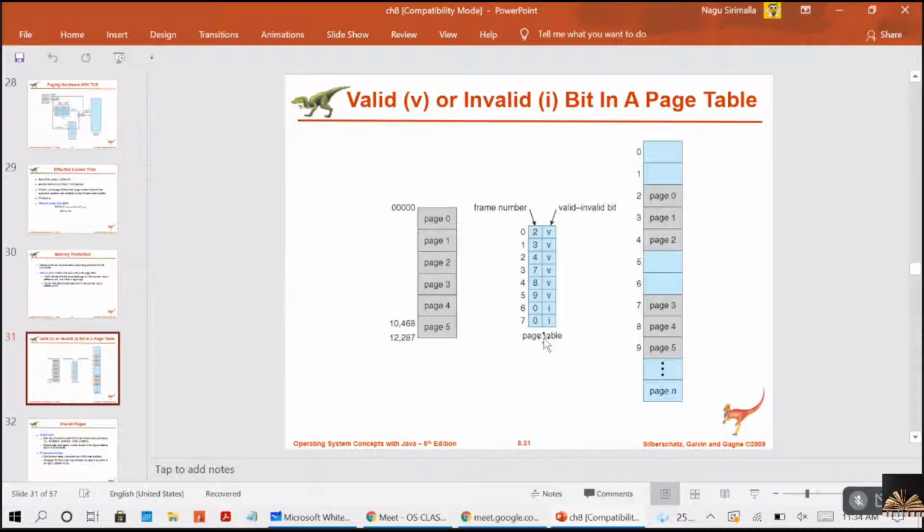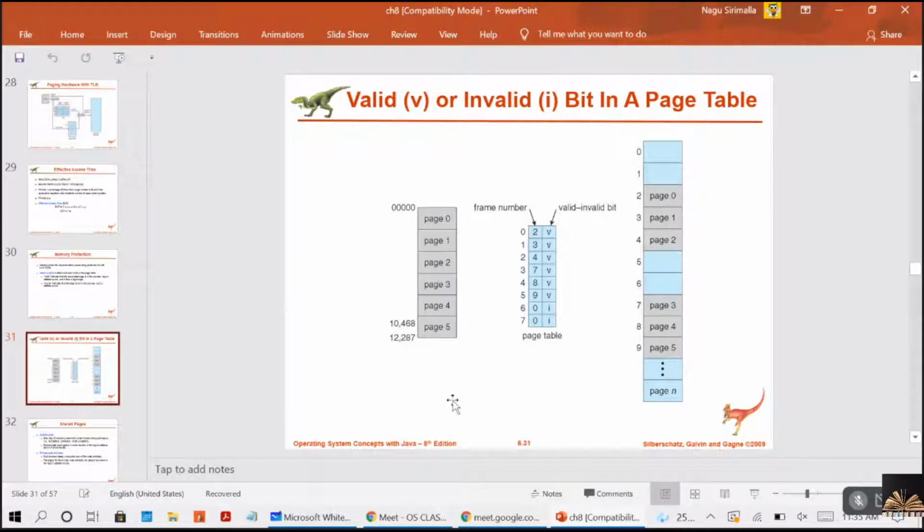If the process generates an address referring to page number 6 or 7, that access will not be granted because it is invalid.